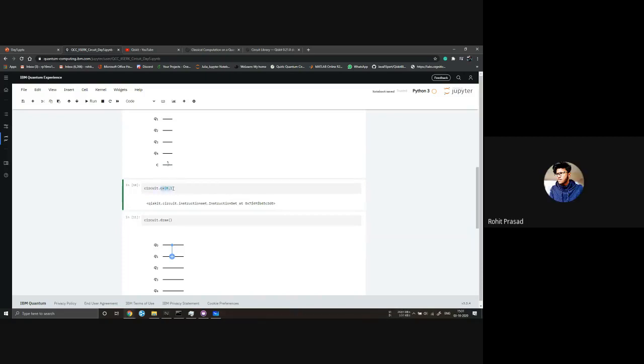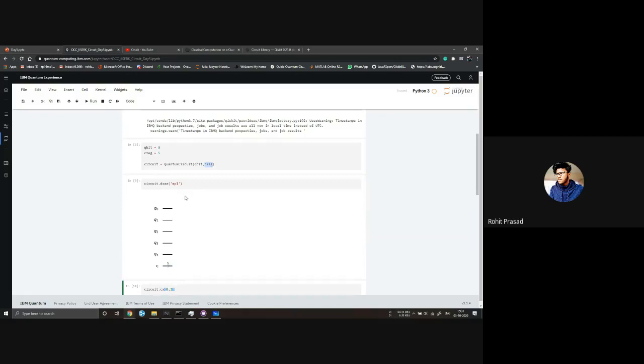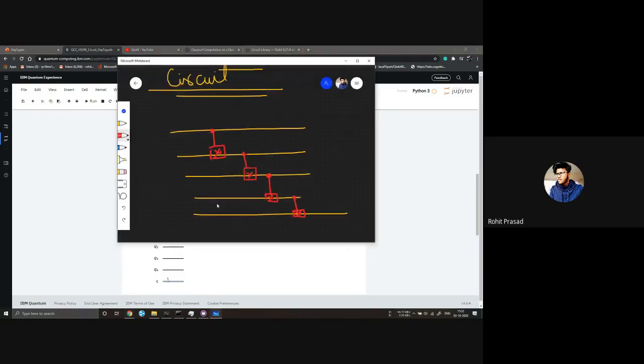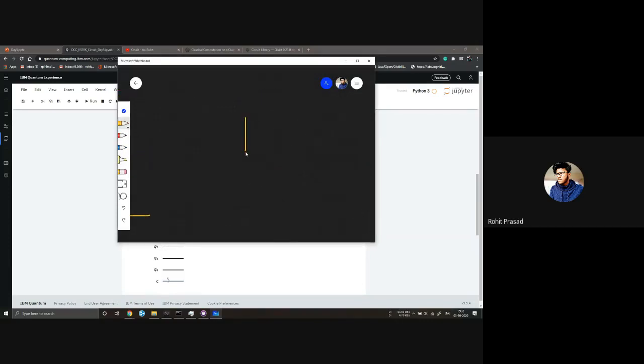So how the CX gate works is, I will have to remake this and draw it. Okay, so the first argument that CX takes is the control bit, like at what bit you want your control to be placed, and the second argument is where to place X. Let's say this is on N, this is on M. This is Qn, this is Qm.